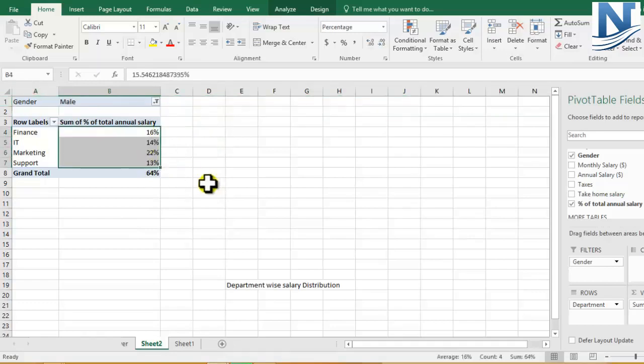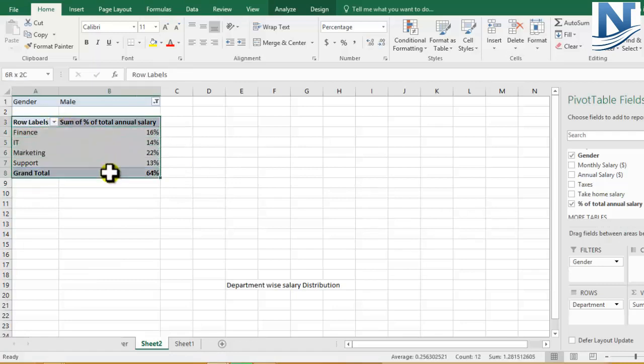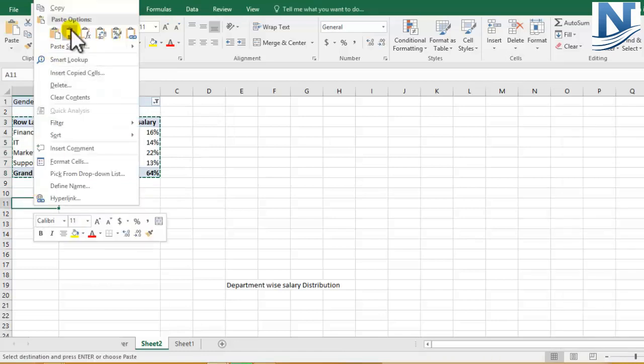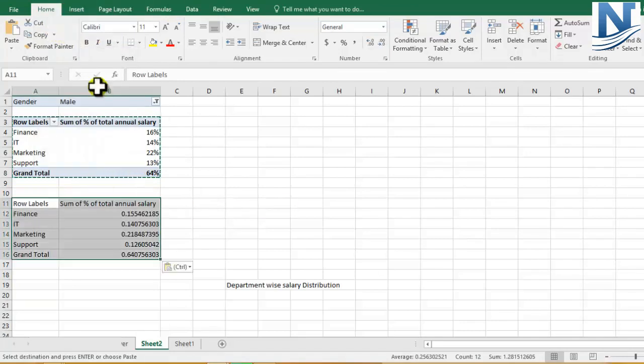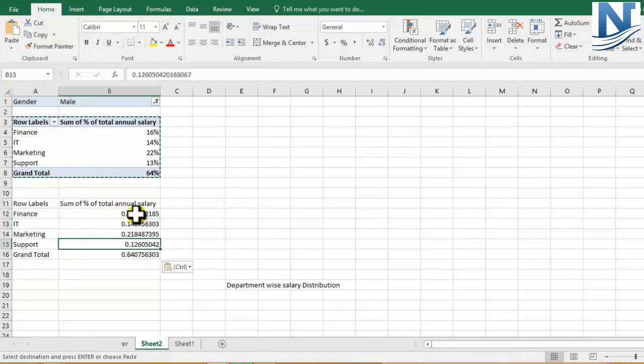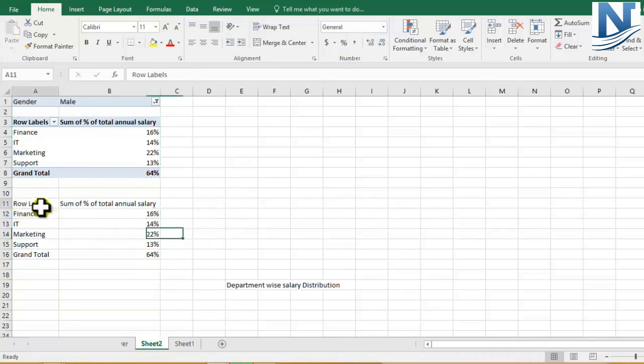But what happens is once you start creating the pivot table, your data may change. So you want to save this particular data. So how you can do is just copy and paste this. I'll just select this, click on copy, and I'll come anywhere and select paste values. For paste also there are different options which are present. I'll select paste values, so only the values are now pasted.